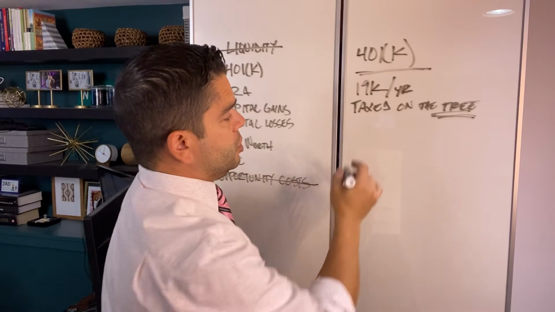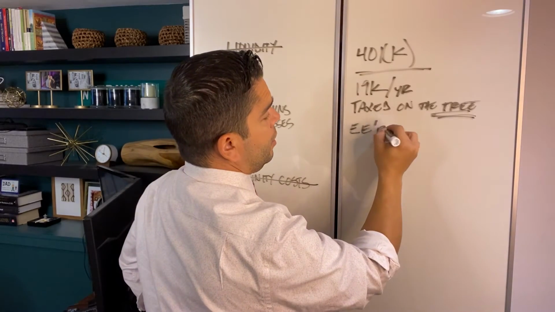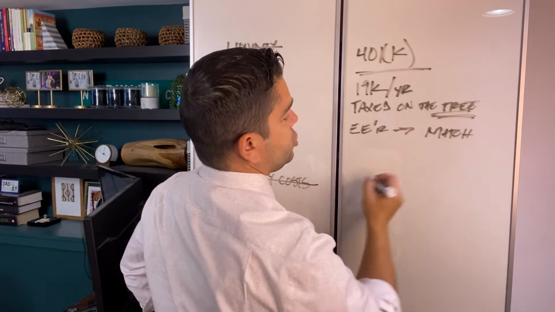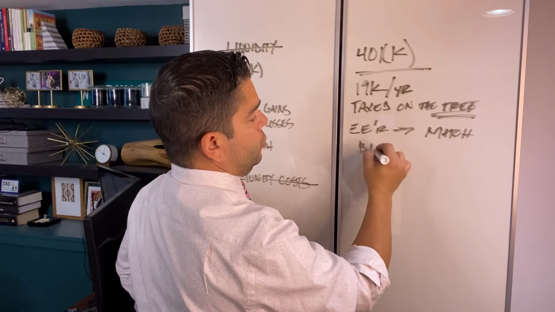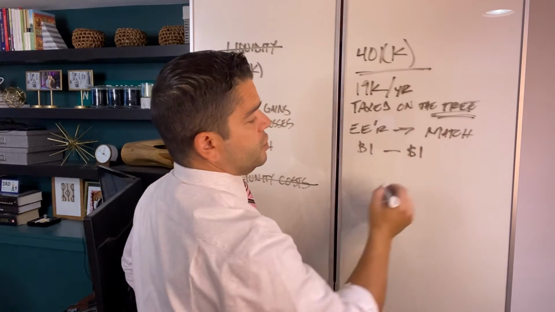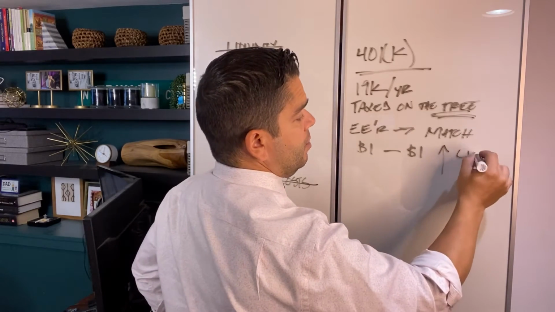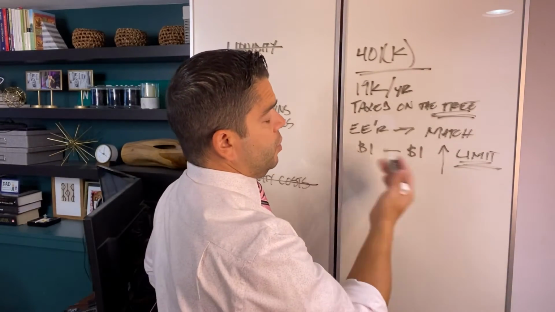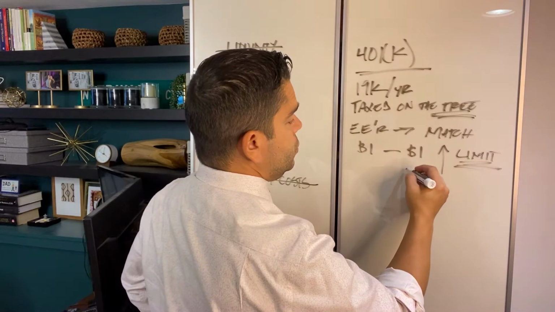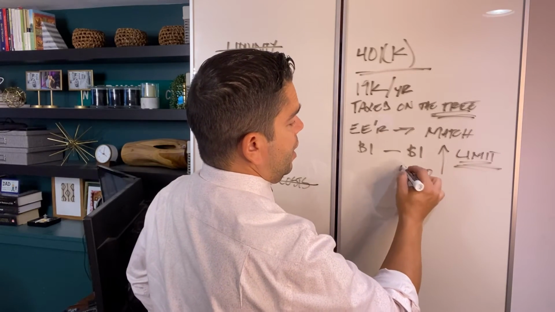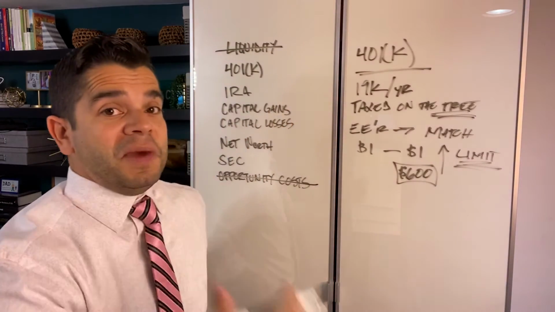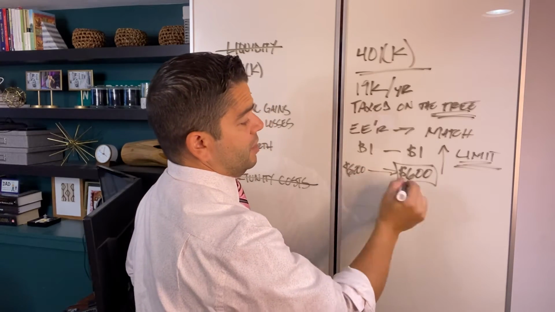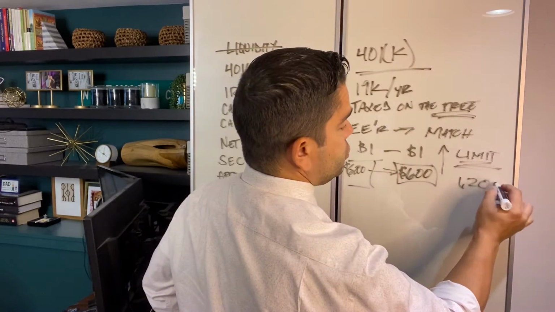So $19,000 contribution. Number one, your employer can contribute into your 401k, and oftentimes they'll do what's called a match. So they'll say for every dollar you put in, they'll match $1 as well, up to a certain limit. Okay, so that's free money. You want to make sure that you are putting in as much. So if your employer says we will put in up to $600 every year into your 401k, as a very minimum, you want to put in the $600 on your own so that you get that match. And in the end of the year, that leaves you with $1,200.